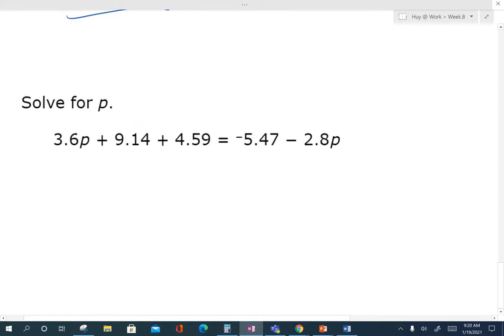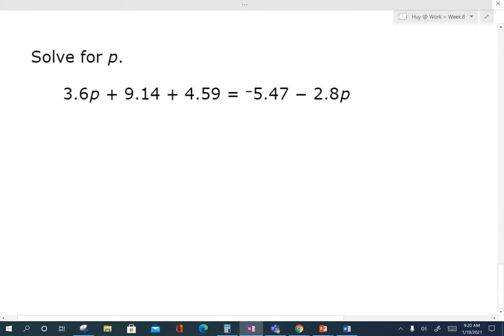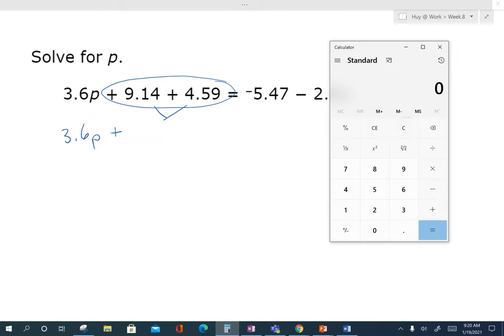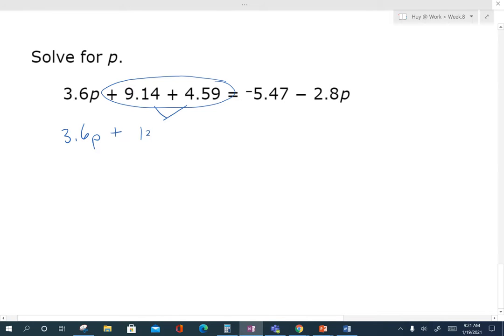All right, this is a final example here. It's just got parentheses. I noticed it's also got combined like terms. Like we combine these two terms right there. So you have 3.6p plus, all right, let's combine those two together. Pull up a calculator here. 9.14 plus 4.59 equals 13.73